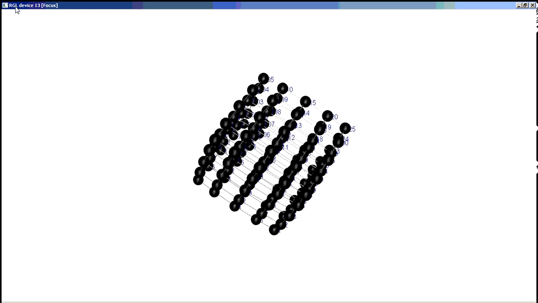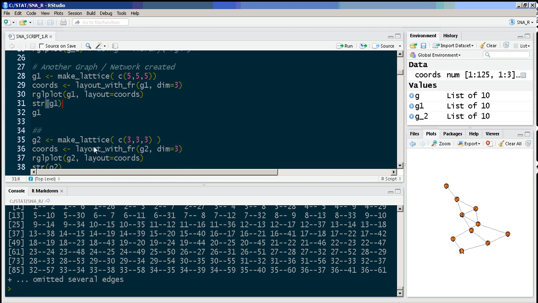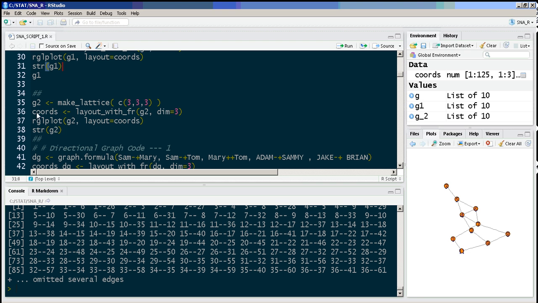And you see on top RGL device 13. So how many times I go ahead and run this device, it goes ahead and numbers itself according to that counter. So again, let's just go ahead and okay, now here is something which is a little bit